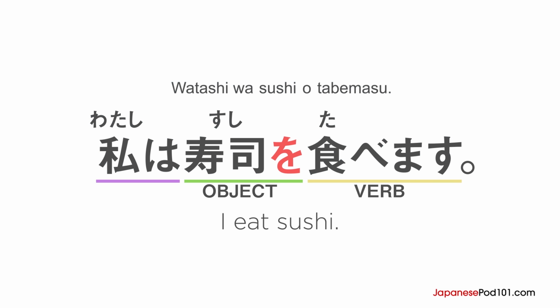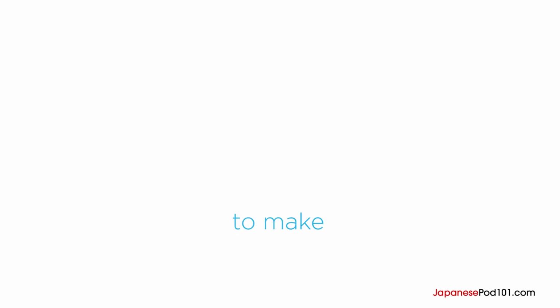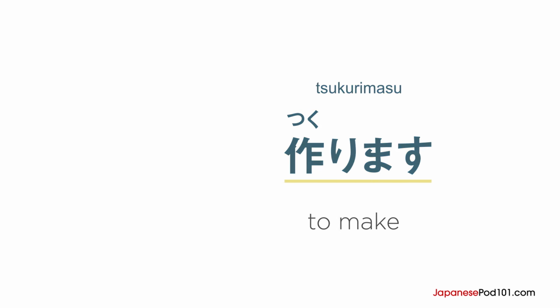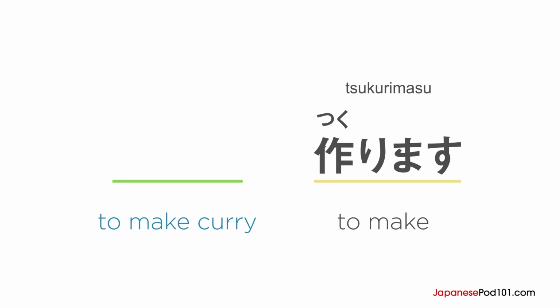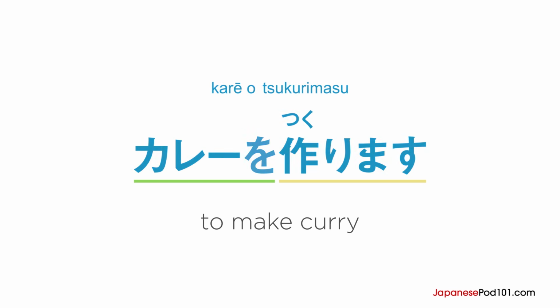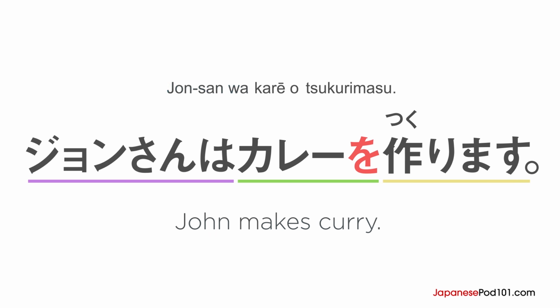Great. Let's try it with another verb. How do you say to make? 作ります。 How do we say to make curry? The object is curry, followed by the object marker, it's カレーを all together カレーを作ります。 Okay, and now let's put the subject. Let's say John makes curry. ジョンさんはカレーを作ります。